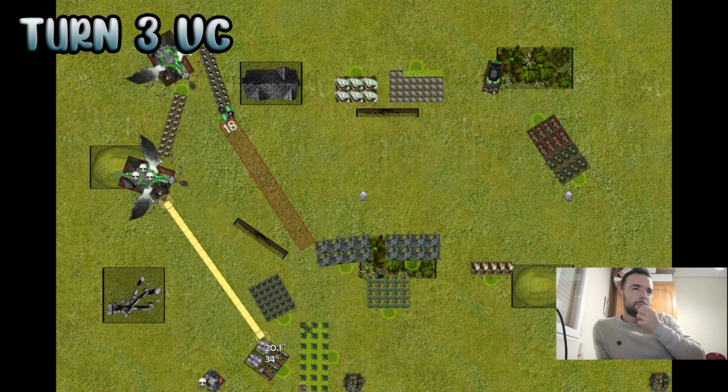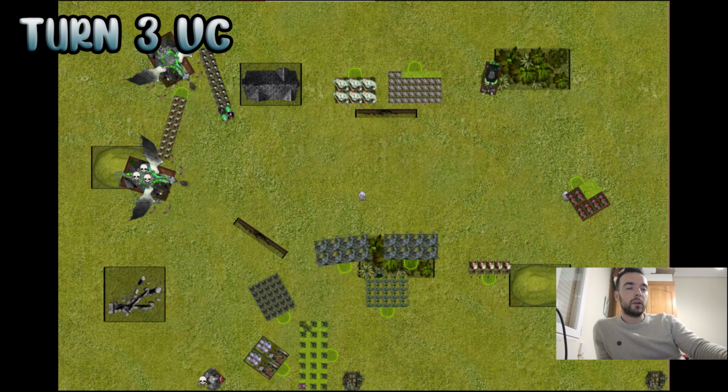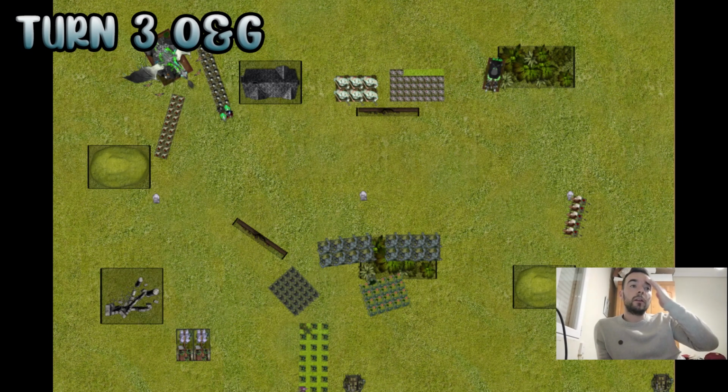Okay, in my magic, I try to heal 2 wounds from the horror, but I failed, and he stopped me with the 2d6. So it was a really bad magic phase. But I was lucky with the wolves, because I break him and I take it. And now in his third, he touched me with the boars into the wolves, and then he